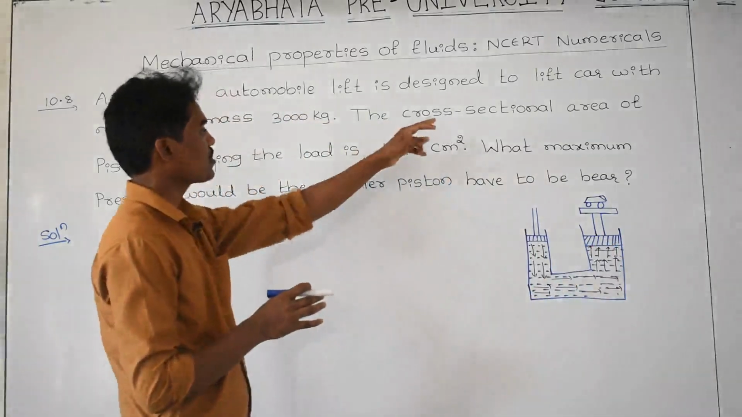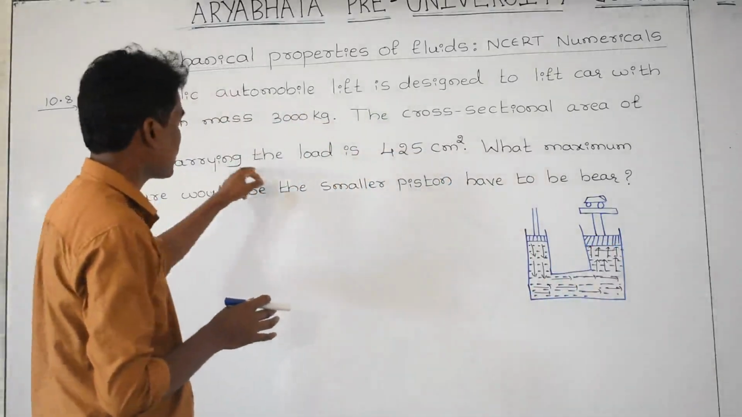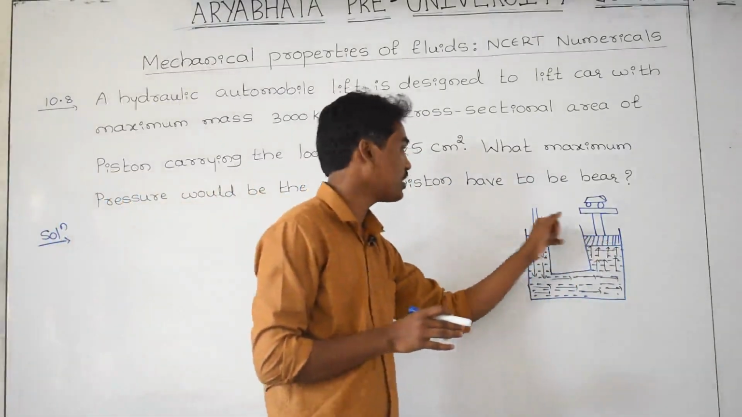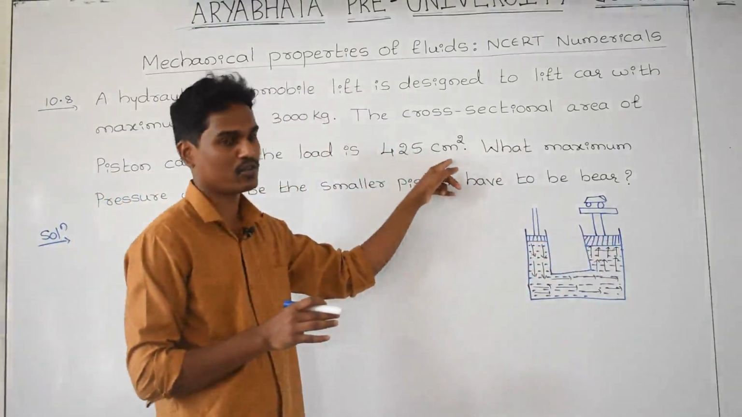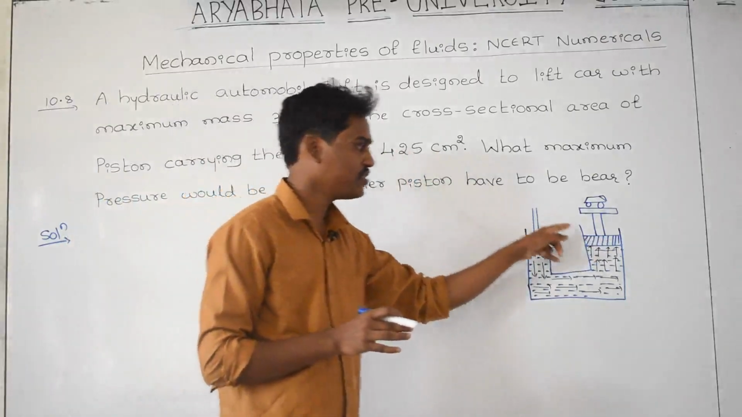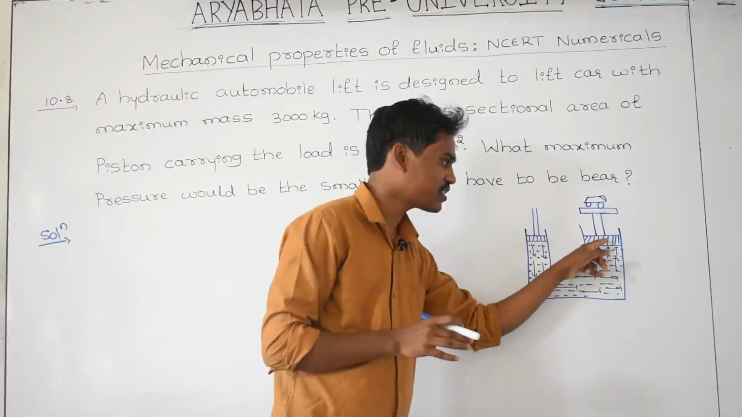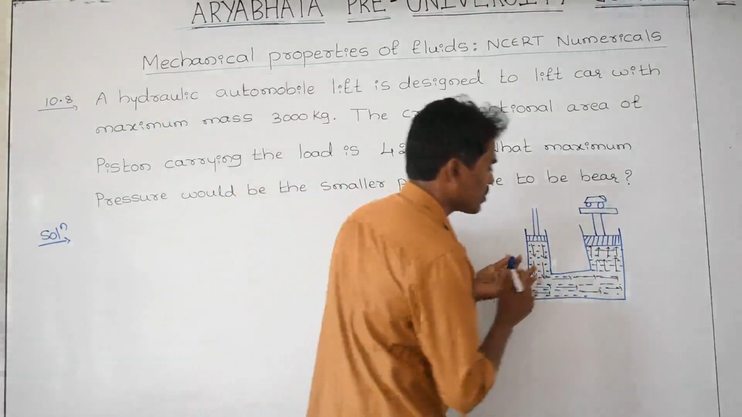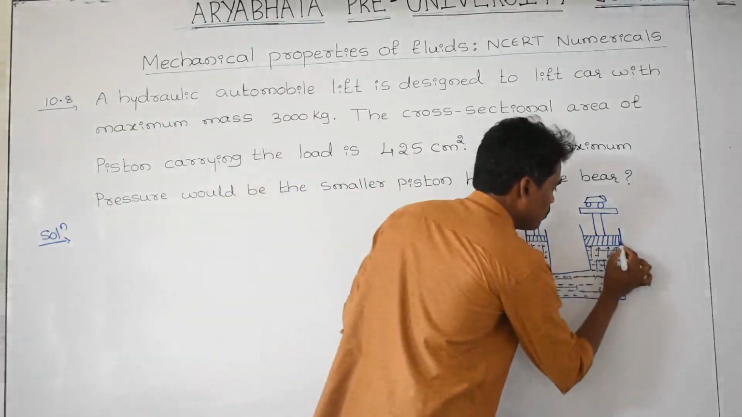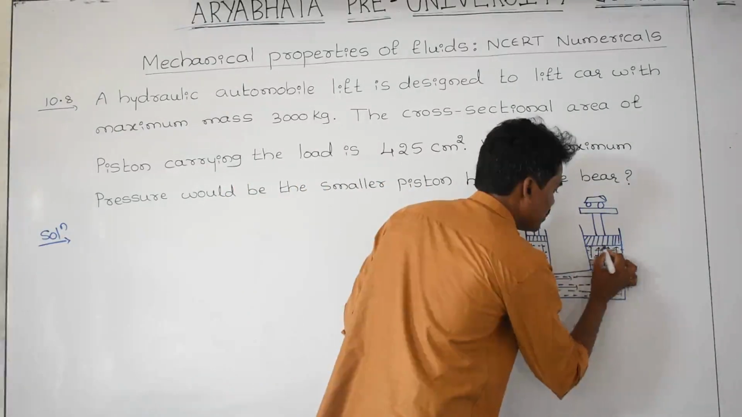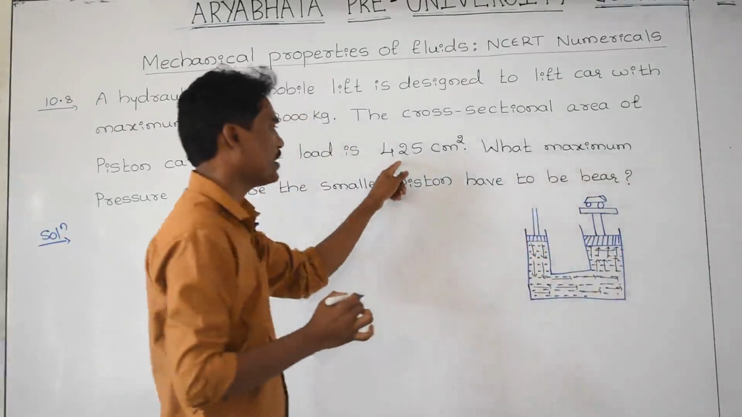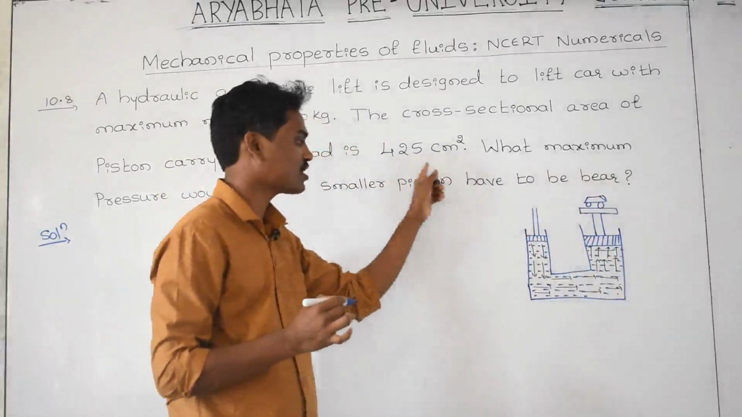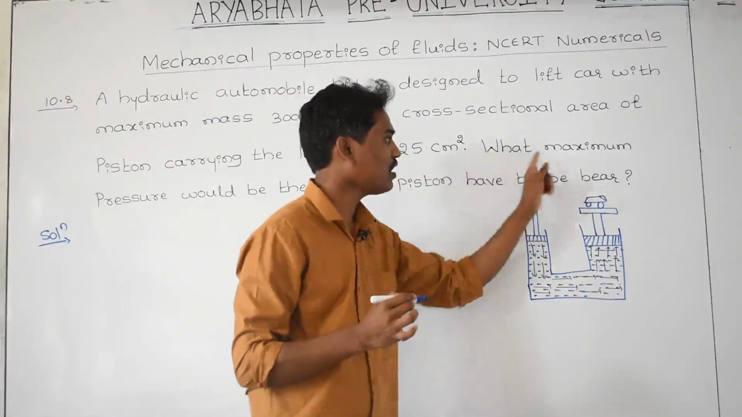Then the cross-sectional area of the piston carrying the load, its area he has given, that is 425 centimeter square, and the piston which is lifting the object, its cross-sectional area he has given, that is 425 centimeter square. What is that? That is length into breadth. Length into breadth, that is 425 centimeter square he has given, that is for the second piston. Cross-sectional area for the second piston. And what